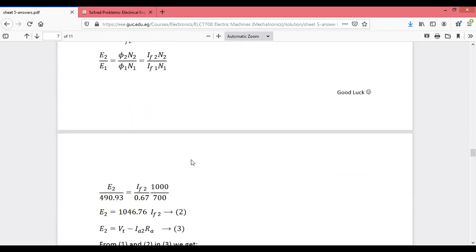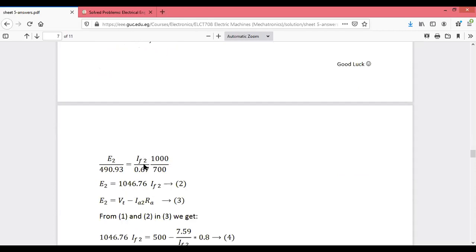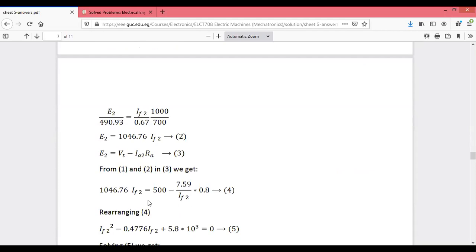So here if we are putting these values, we are not aware about IF2, we are not aware about that EMF, but we are having the equations for that back EMF for the second case, higher speed, V2 minus Ia2 R2. So here we are having these equations. If you solve this, you will get E2's value in the form of IF2. So you can write that equation as equation 3. So here you will get equations which will be in the form of IF2. So you will get the value for the IF2 here.